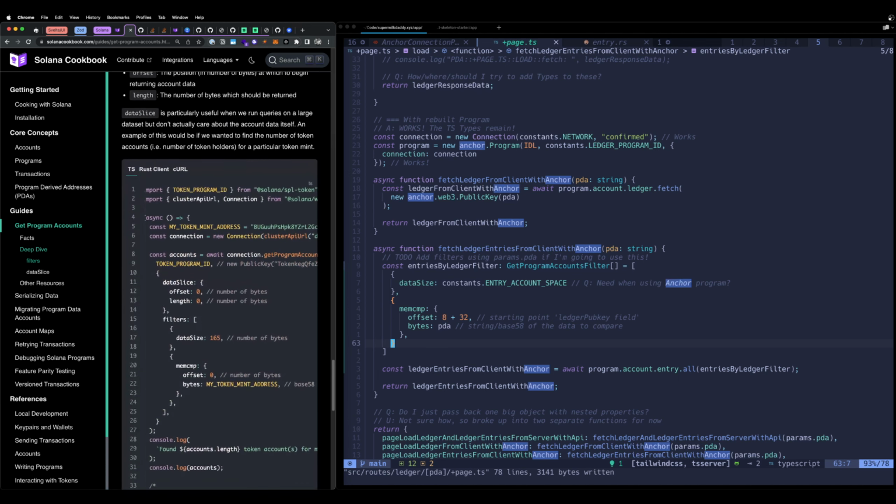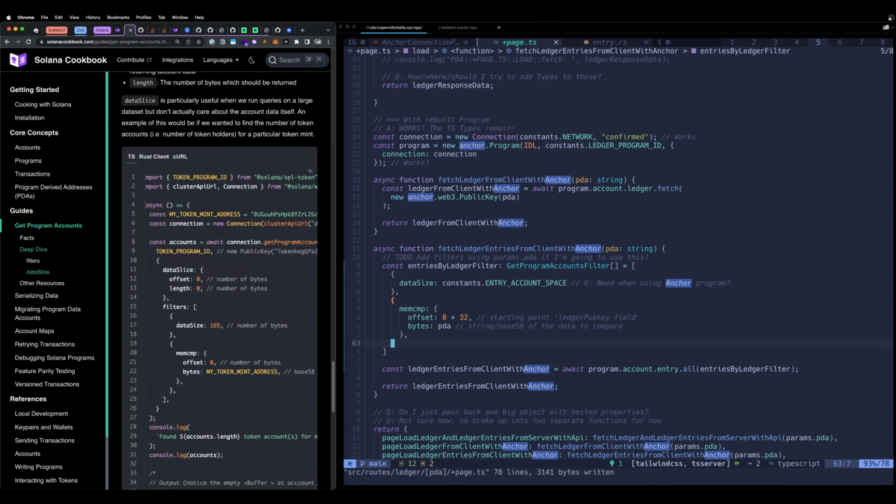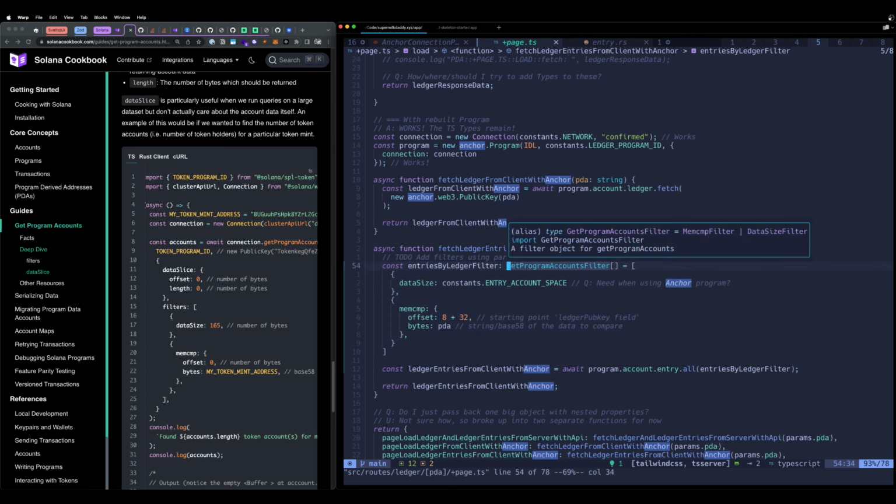But this is great. Essentially, you just confirm that you have your filters configured correctly by doing something like this. I think it looks like it can be a type buffer or this getProgramAccounts filter array. This is what I've used to using. And yeah, here it is. And so, to expand on this,